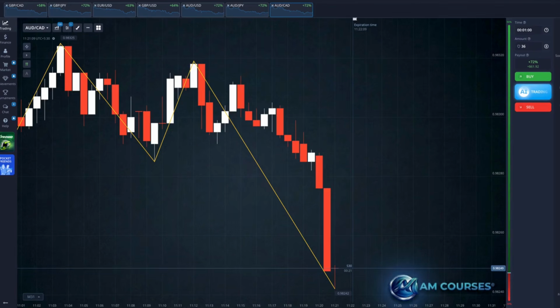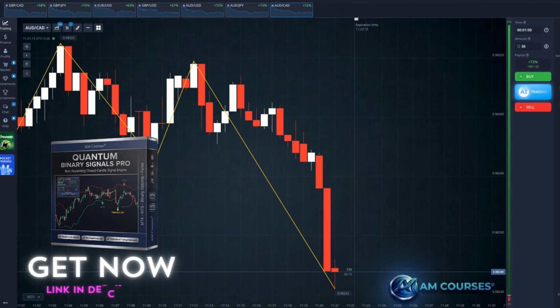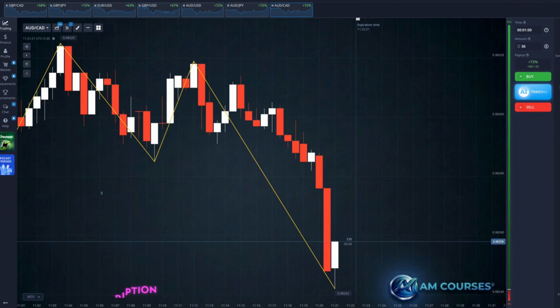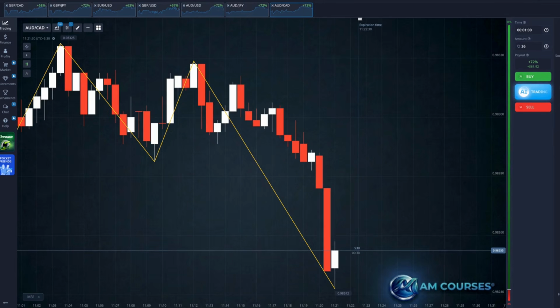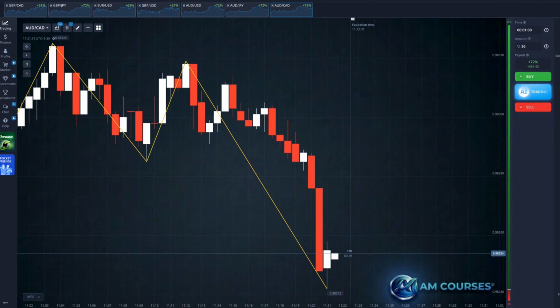What if one indicator was enough to consistently find high probability trades on Pocket Option? No complex setups, no confusing signals, just one tool and clear rules. Today, I'm showing you a ZigZag strategy that I personally use on the 30-second chart with 1-minute expiry trades. It's simple, it's clean, and once you understand the logic, you'll start spotting these setups completely on your own. Stay till the end, because I'm also revealing the two most common mistakes traders make with this strategy that silently